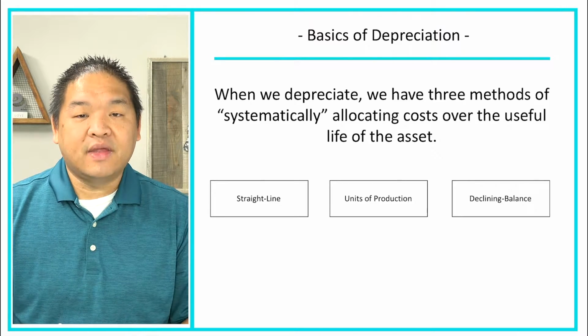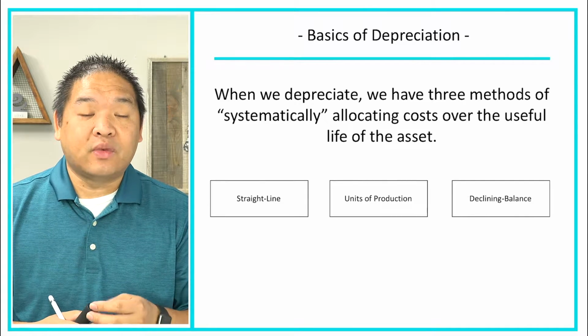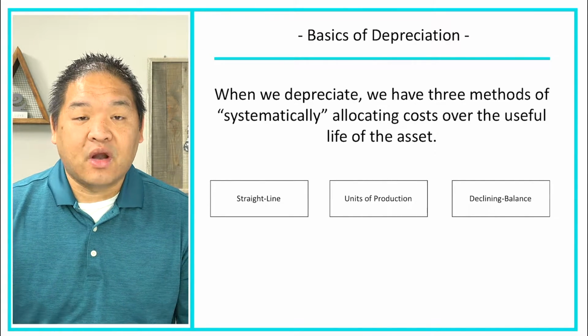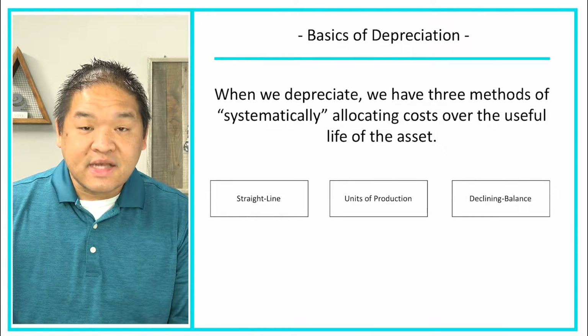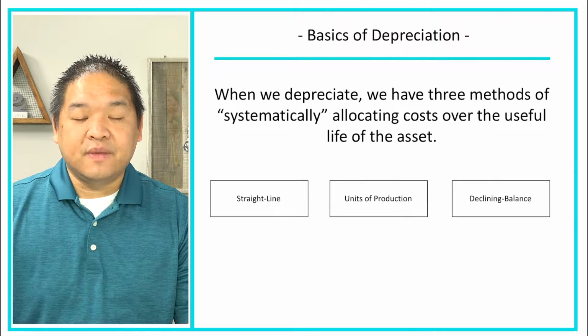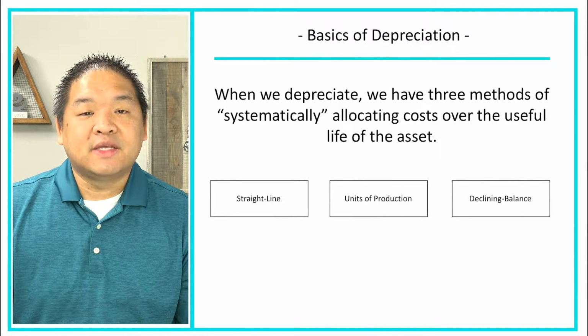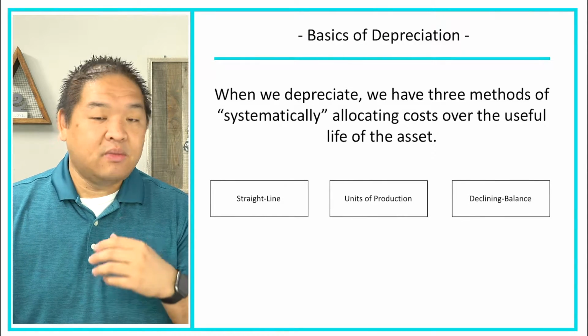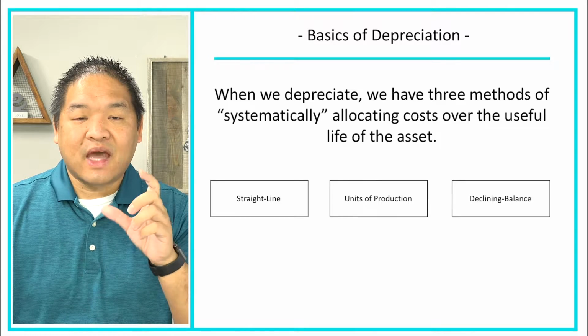But the straight line method uses an approach like the example that I gave you with the car with the $30,000, $6,000 a year. It's the same across every single year. The units of production is based on how many units you might have produced, or based on some type of